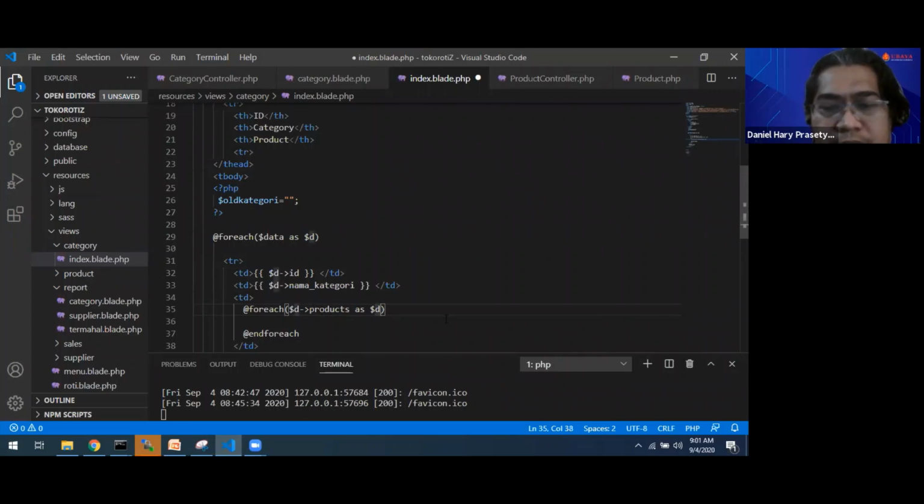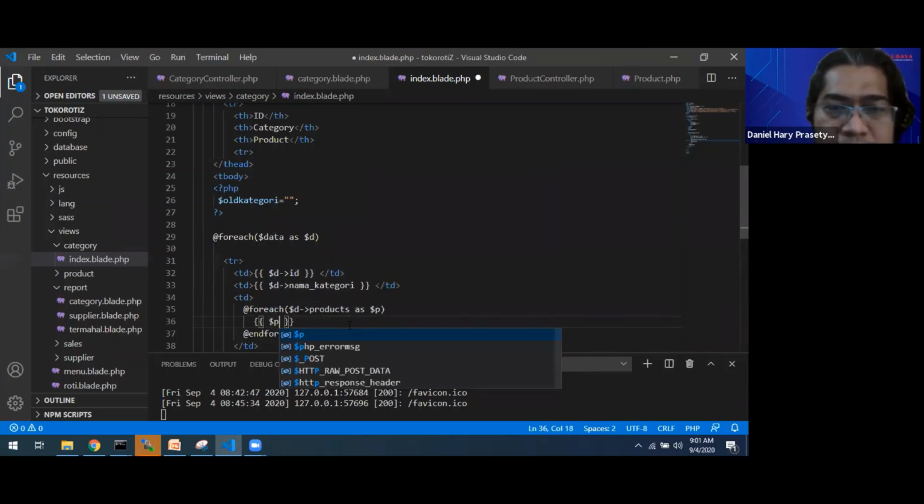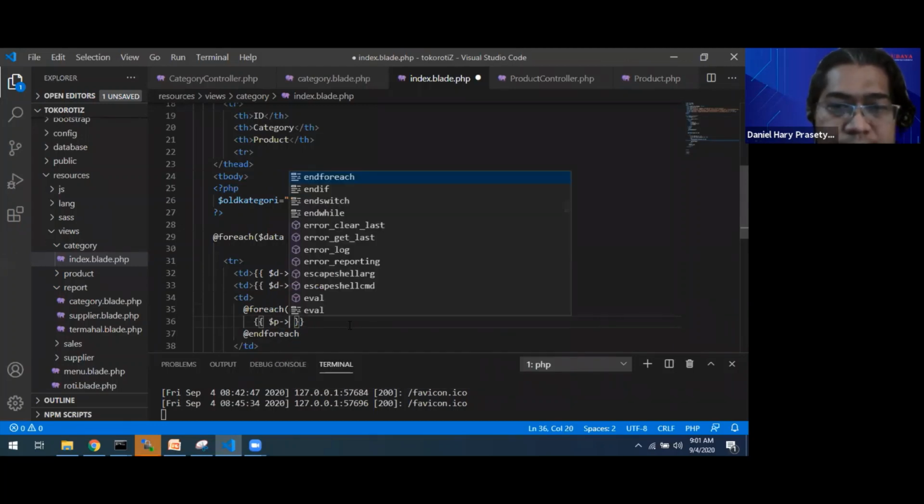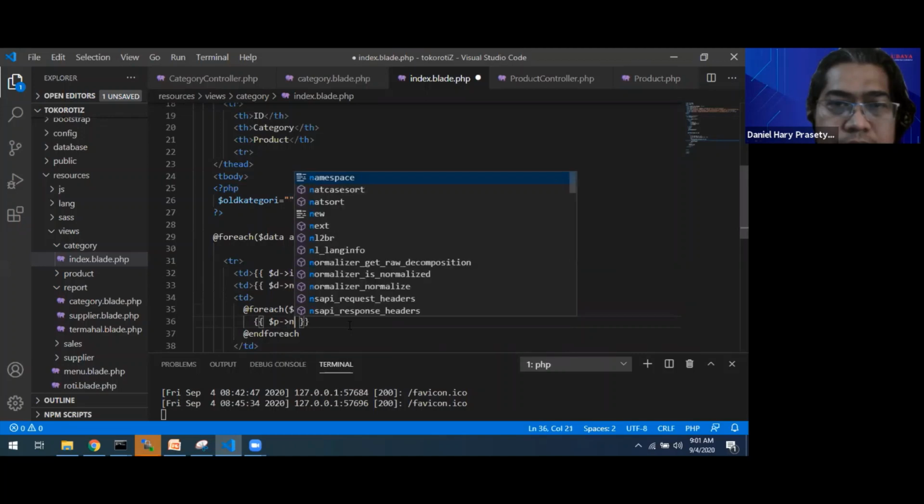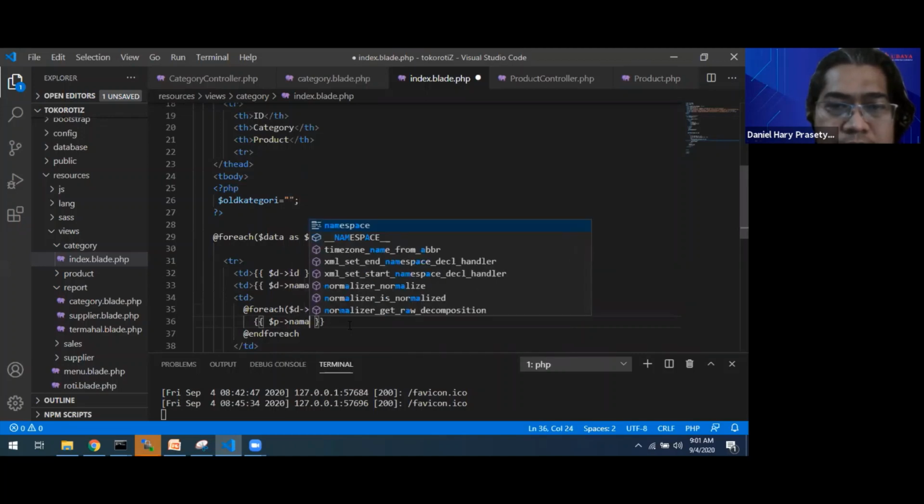For example, we put it in a p variable, and then show p dot name, for example, p dot nama produk.